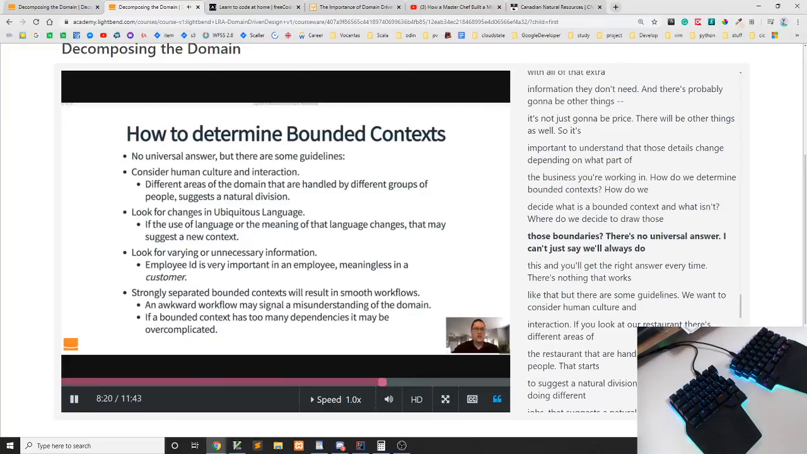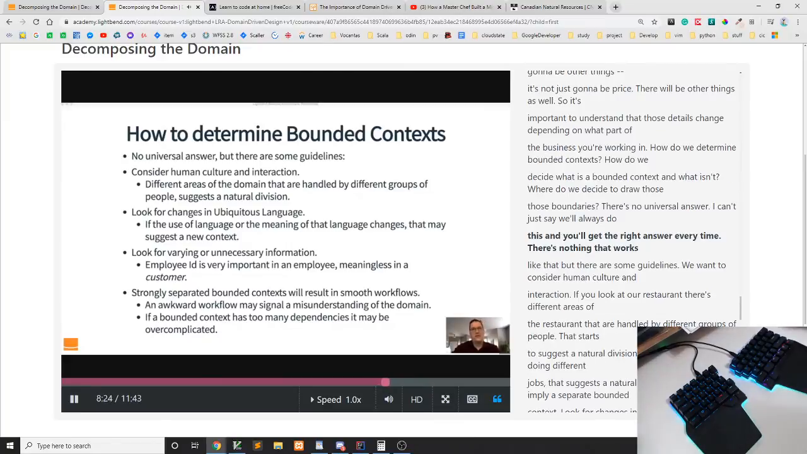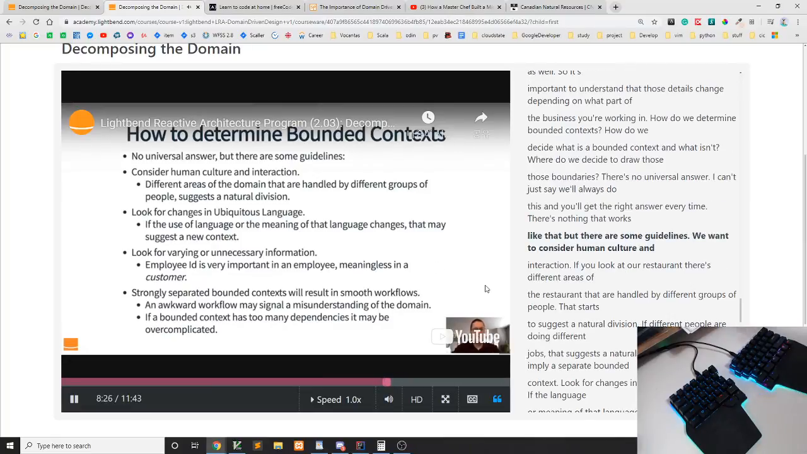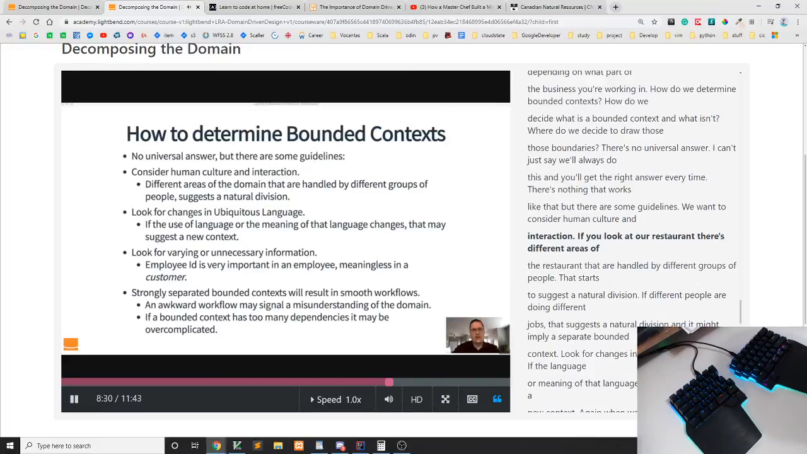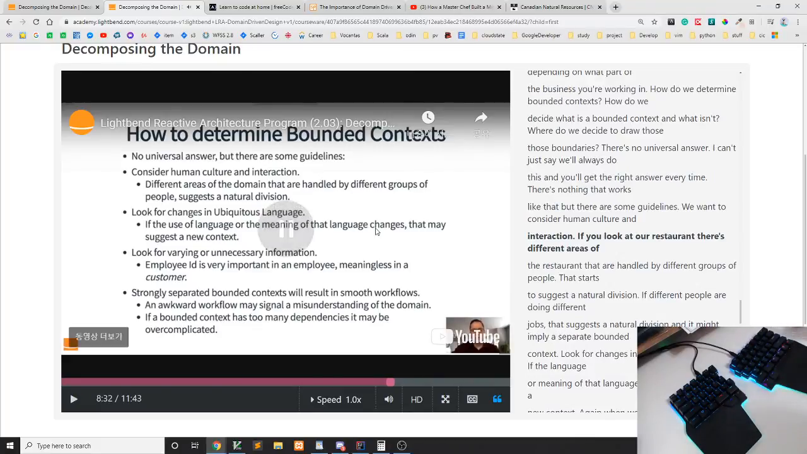So there's no universal answer. I can't just say, well, always do this and you'll get the right answer every time. There's nothing that works like that. But there are some guidelines. We want to consider human culture and interaction. So if you look at our restaurant,